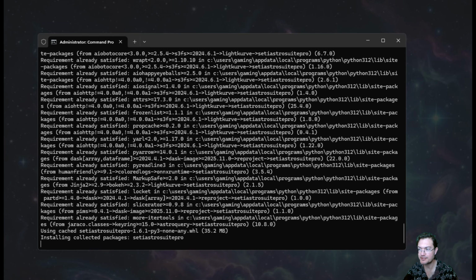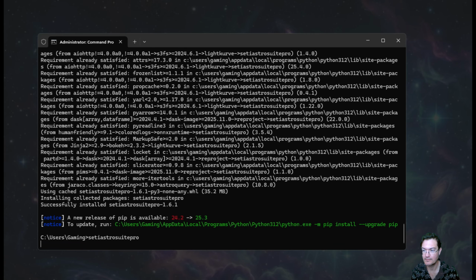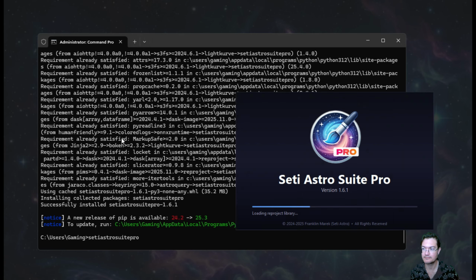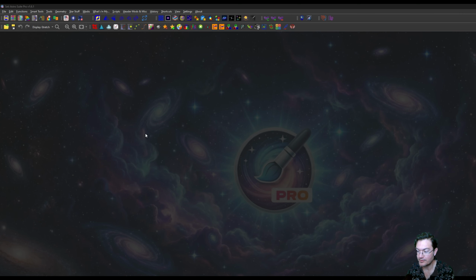It's going to collect all the packages, download all the dependencies it needs, and it's done. And now to run it, I'm just going to say Seti Astro Suite Pro, and up and running. And here we are. We're running it, and all our releases going forward are going to be accessible via pip